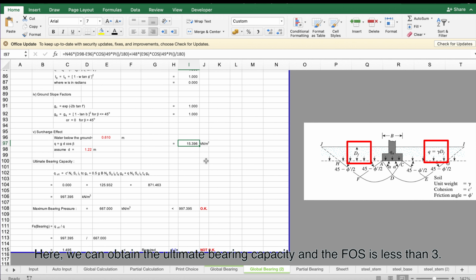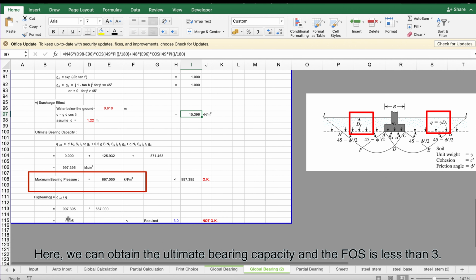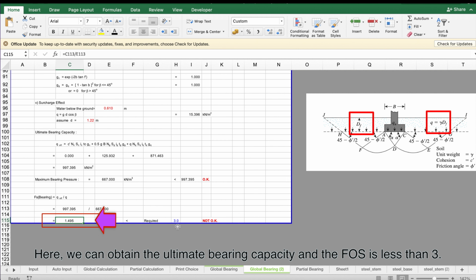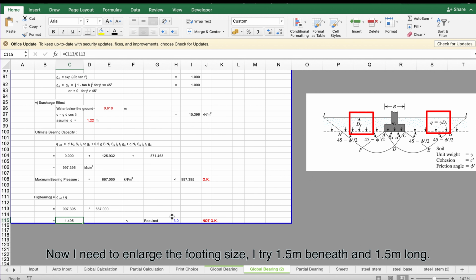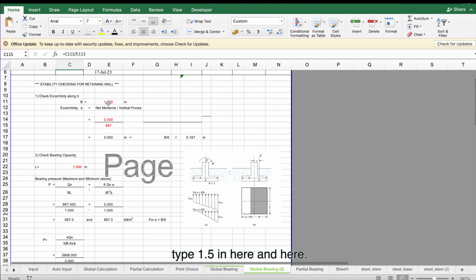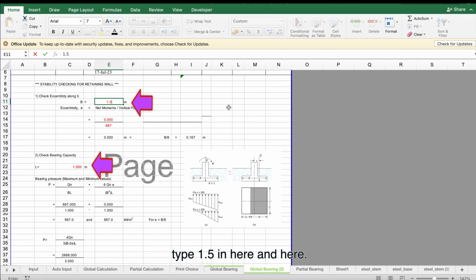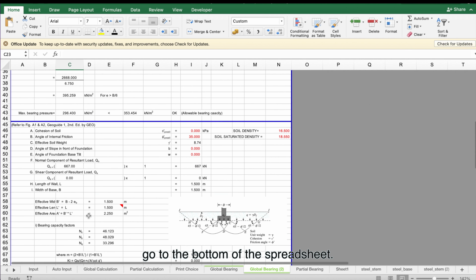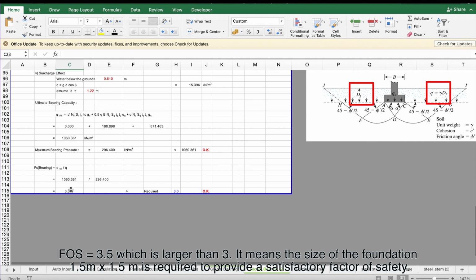Here, we can obtain the ultimate bearing capacity, and the FOS is less than 3. Now, I need to enlarge the footing size. I try 1.5 m wide and 1.5 m long. Type 1.5 here and here. Go to the bottom of the spreadsheet. FOS equals 3.5, which is larger than 3. It means a foundation size of 1.5 m x 1.5 m is required to provide a satisfactory factor of